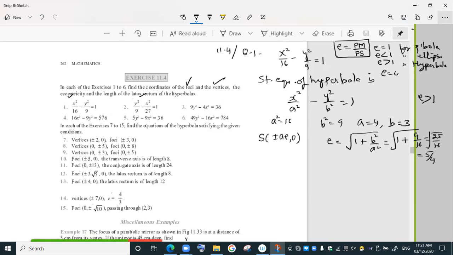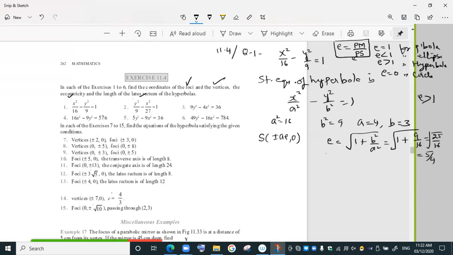Eccentricity is 0 for circle because there is no directrix. This directrix will be at infinity. So if it is at infinity, the eccentricity will become 0. So eccentricity is equal to 5 by 4 here. Okay, then